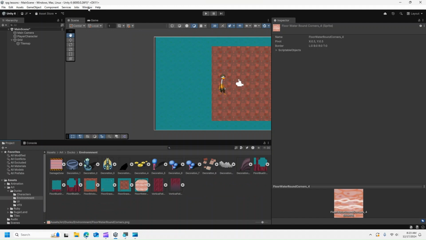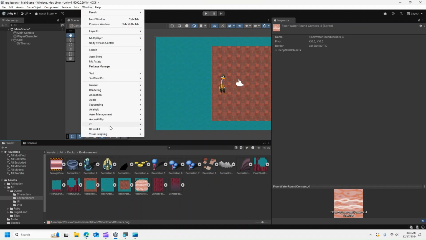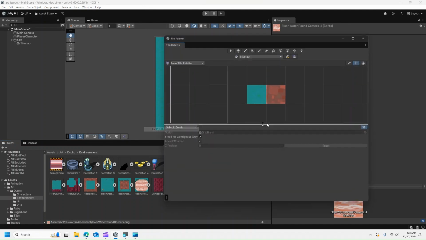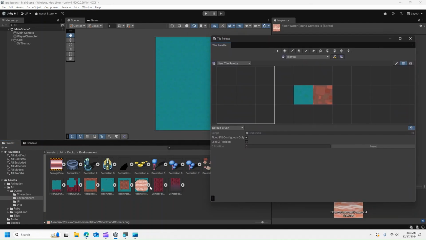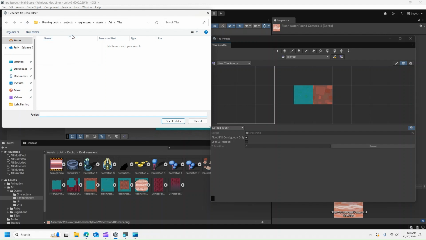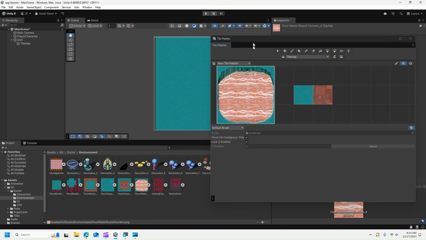So let's go ahead to our tile map, go to Window, 2D, and then Tile Palette. Now we can just bring this whole thing in. All right, so I clicked and dragged and brought it in. We're going to save this in our tiles folder. It's important that this goes here. For me, I have it under art and then tiles. Click on select folder. Cool. So now